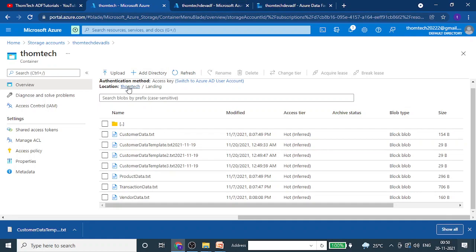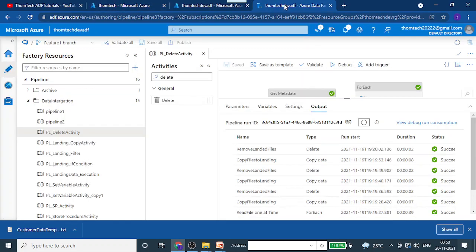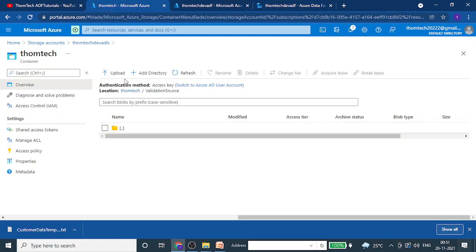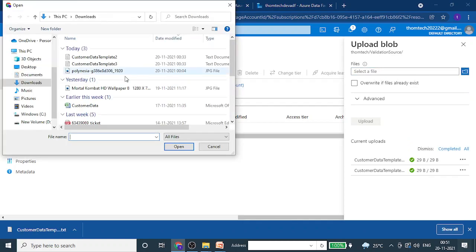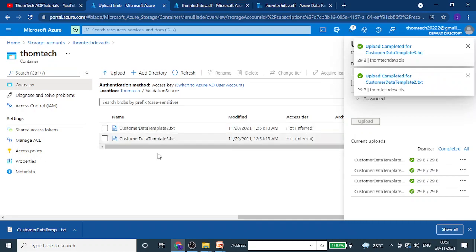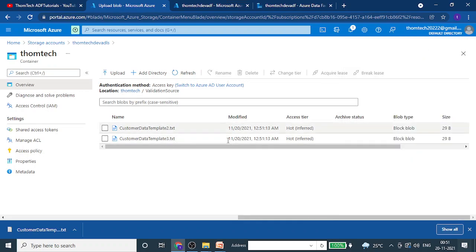You can see from the source folder everything is deleted now, and our pipeline is also completed. So that's how we have achieved this. Now let's go back, go to upload one more time. I will show it. Click on this and then let's select two files from here. Two files have been uploaded into the data storage. Great. I think the first file is not here. No problem, let's ignore that for now. Just assume we have two files in our source.